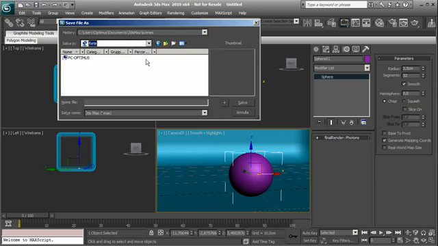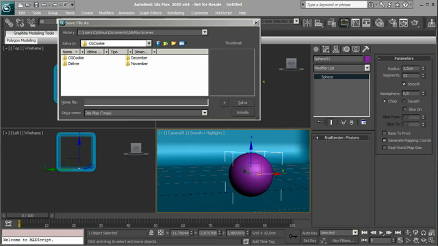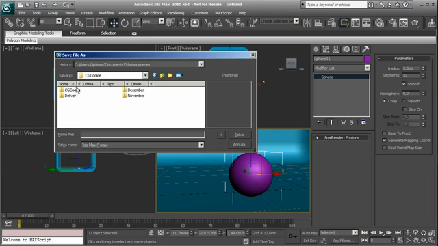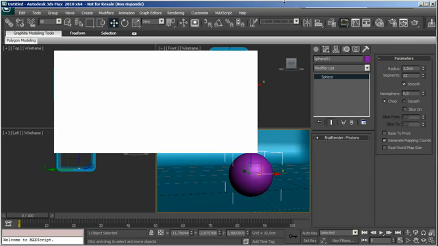Let's go in the right directory. Okay, CG Cookie, and we are ready to save. So let's select the right directory, sorry. Let's go inside December, and let's go in tutorial 3, and let's save it with the right name. Okay, let's wait for the saving process,